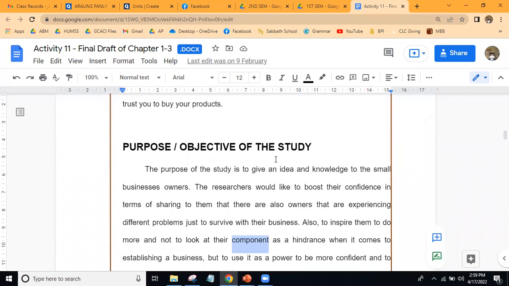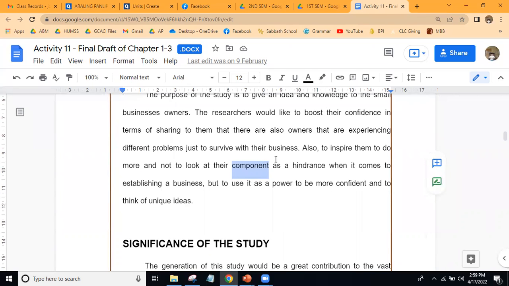No, may mga purpose naman kasi, kaya nga 'di ba, before you make a research title, meron na kaagad kayong naiisip, bakit ito? Bakit ito ang aking magiging research? Bakit dito tatakbo? So, dito, ina-narrate nyo na lang kung ano ba yung, syempre, may mga problem kayong nakita. So, you are going to narrate your purpose is what? To solve the problem related to the topic that you have chosen.